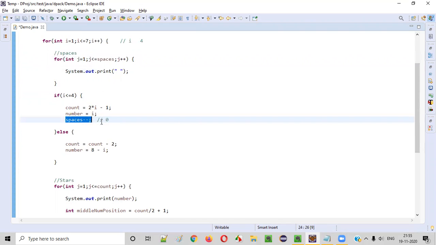Here spaces minus minus. This time it will become minus 1. Minus 1. There is a problem, guys. Why am I writing minus 1? When spaces become minus 1, there is a problem going to come. We have to rectify that. I'll tell you which type of problem. When it becomes minus 1,